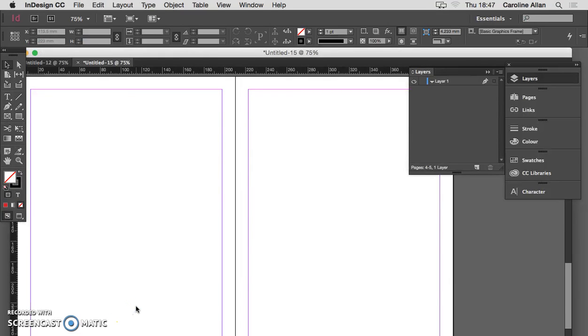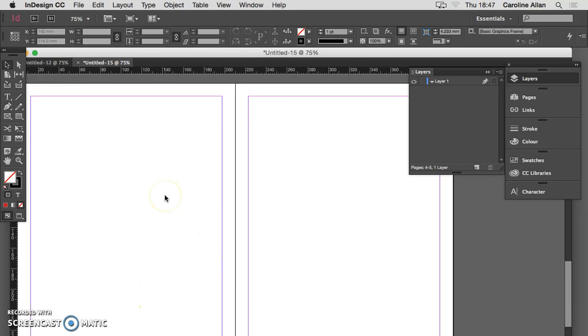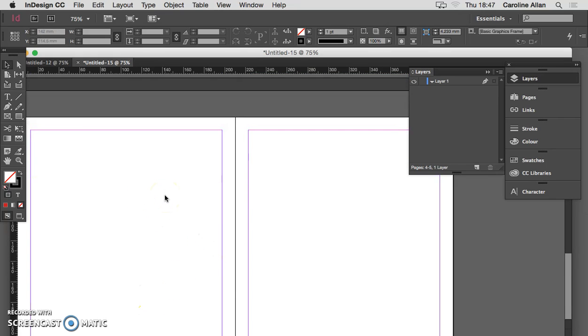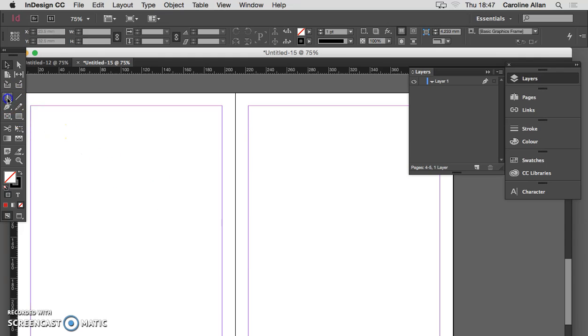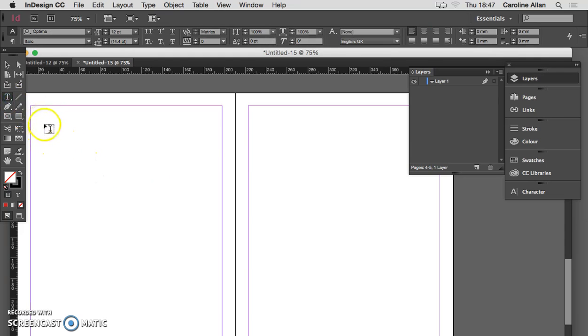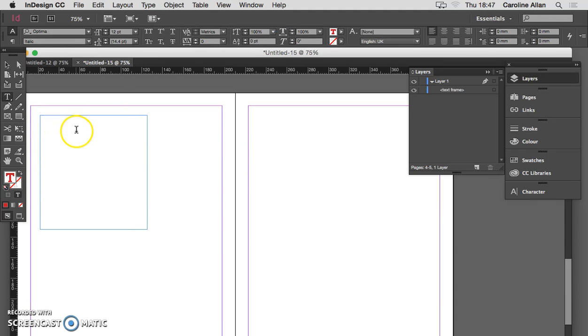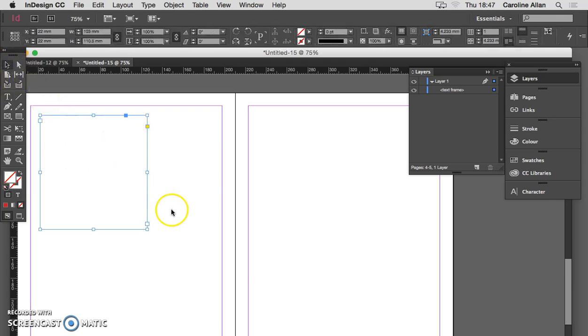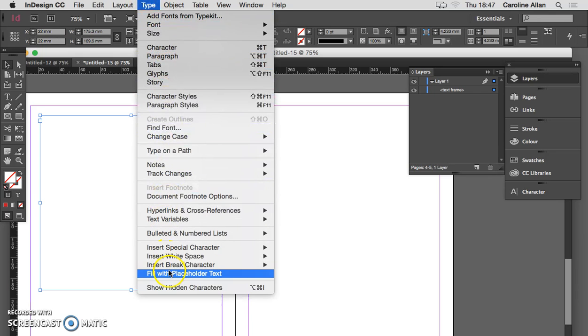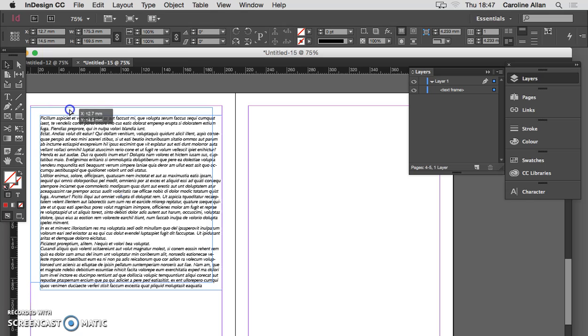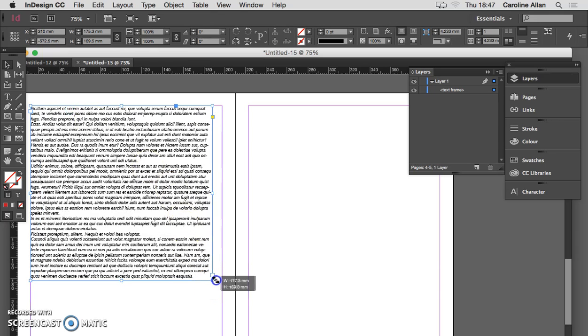This video is about threading text and working with columns. So I just want to show you a few things. Threading text means that, for instance, if I have a text box and there is too much text in it, so here's a for instance, you might have an area of text